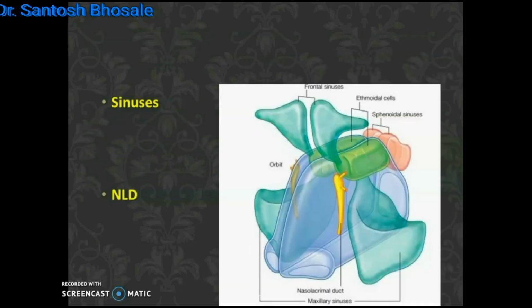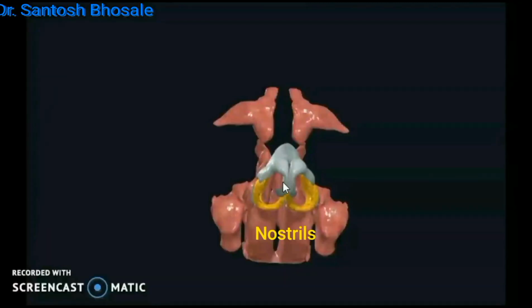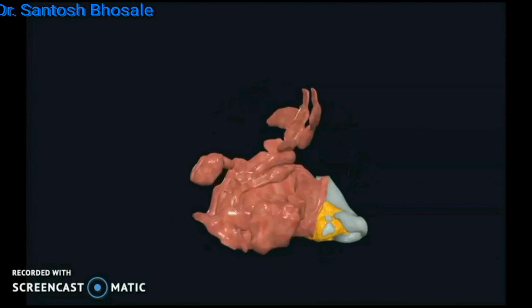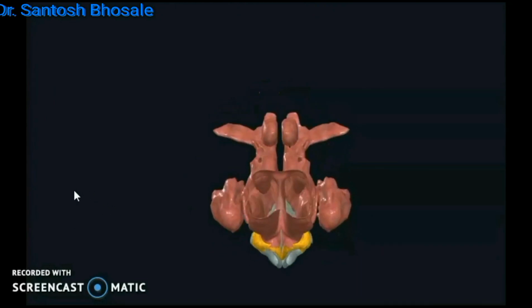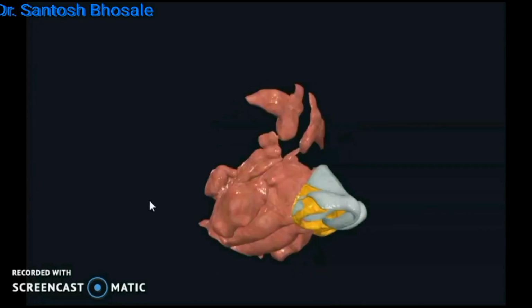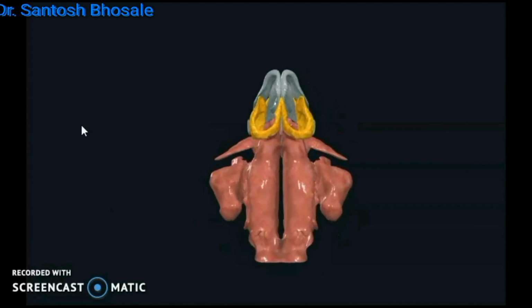And the nasal cavity is surrounded by the paranasal air sinuses, a pair of frontal sinuses above, and a pair of maxillary sinuses on either side, and behind and above you will see the sphenoid, and above you will see a pair of ethmoid. Also you can see the nasolacrimal duct communicating the lacrimal sac with the nasal cavity. And you can see the mucosa of the nasal cavity and the paranasal air sinuses here. You can see the choanae, posterior nares, and anterior nares here with the soft tissue framework.